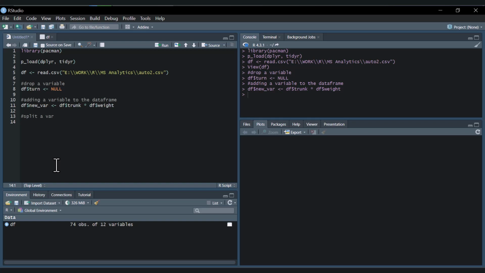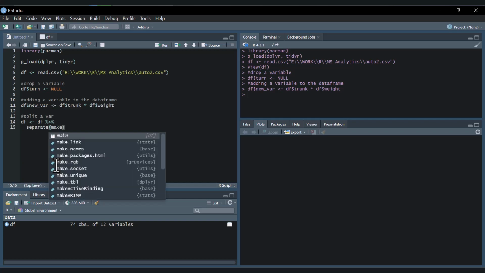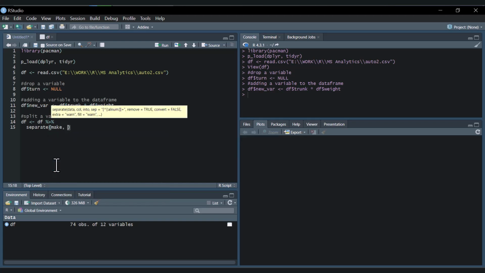So we shall get a new df and then get df, pipe, a separate function, and in the separate we want to identify the main variable and define the new variable names by using a vector, and the new variable names shall be make_name, and then the other name shall be make_description,